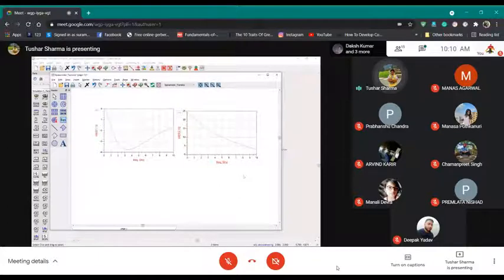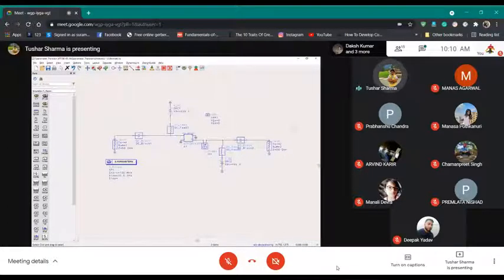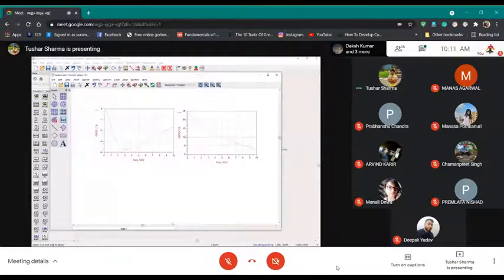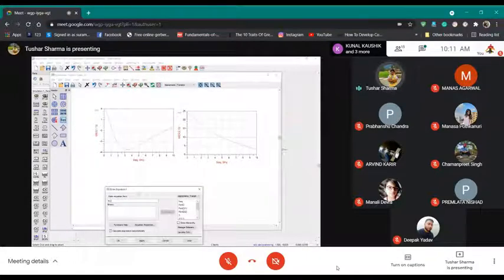Okay. So before we do that, let's first do stability analysis. If you remember from the last class, we talked about the K factor. We wanted to make sure K is greater than 1 and delta is less than 1. So you can write an equation. You can use equation and write whatever K we studied in the class. K is equal to 1 minus S11 whole square, blah, blah, blah, ABS whole square. You don't have to do all this.